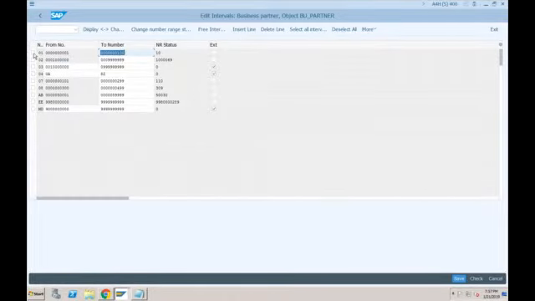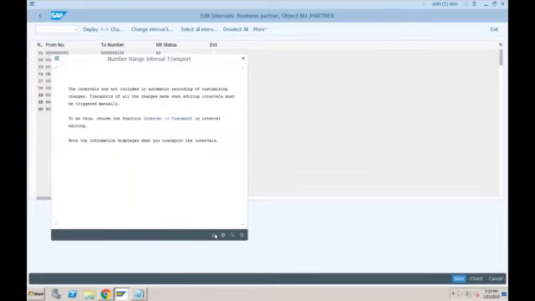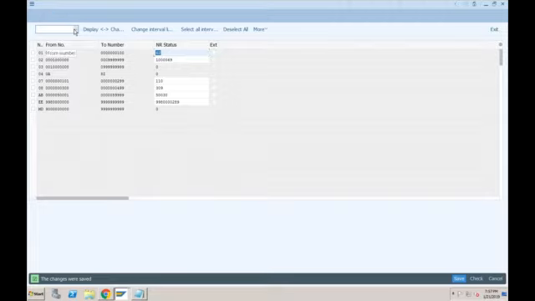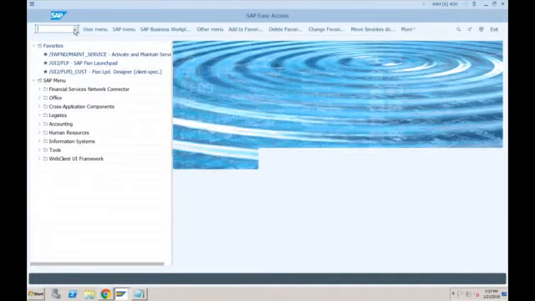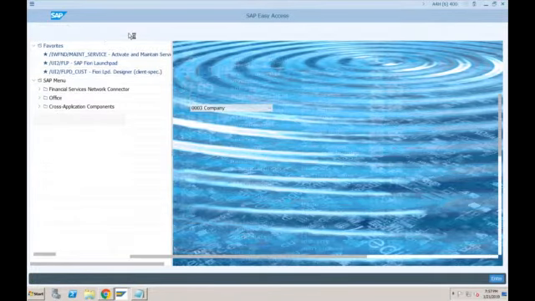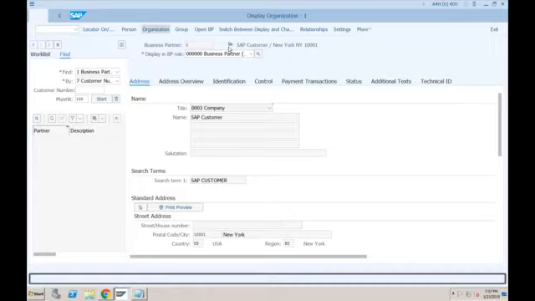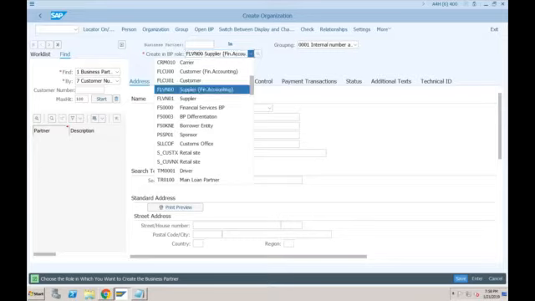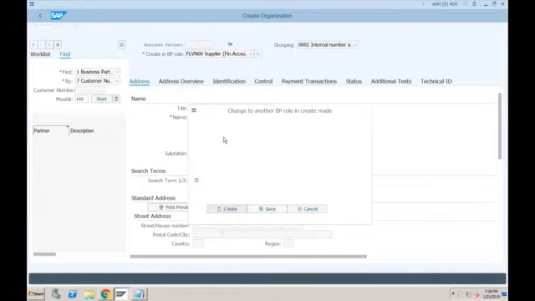So, let's see. BP, okay, or FK01. Click on new organization, specify this, specify FLVN00, create.